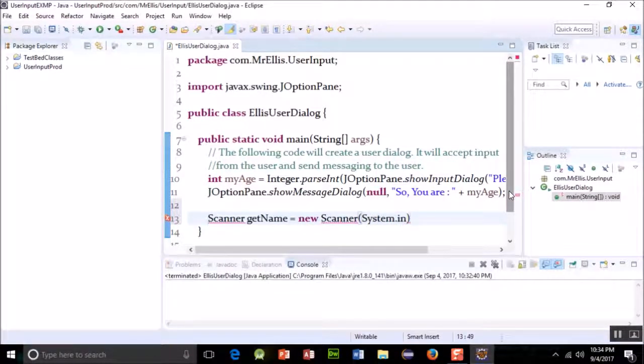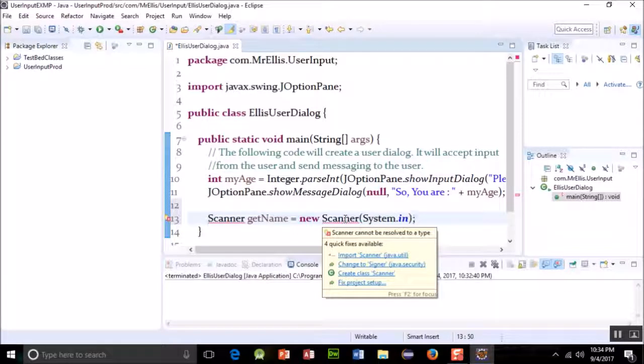And of course you need a semicolon. And now, because I haven't used this, I need to import. It's going to say Scanner cannot be resolved to any type. Okay. I'm going to import that from java.util, and it will add, if you look up here at the top